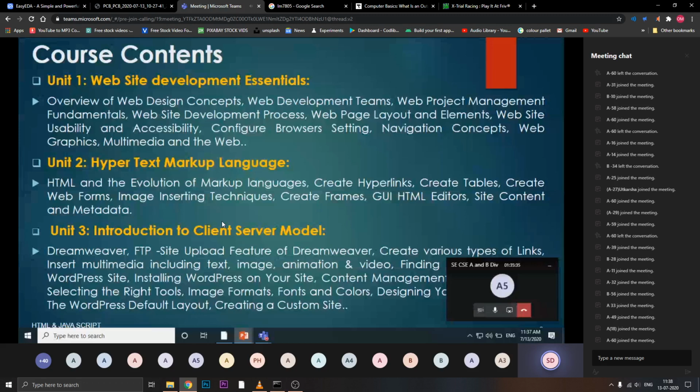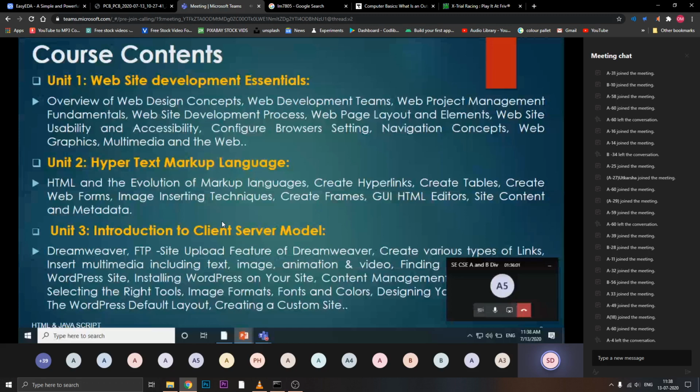As this is the introductory subject for you, so what is website development and what website development means. What exactly contents you need further in further units. So basics you require to study in this unit, that is website development essentials.